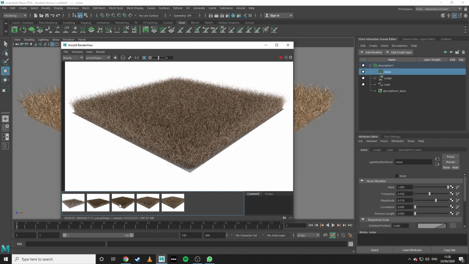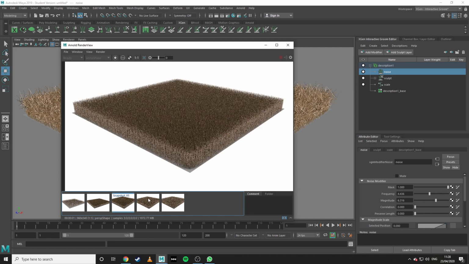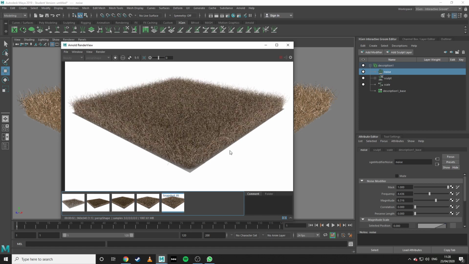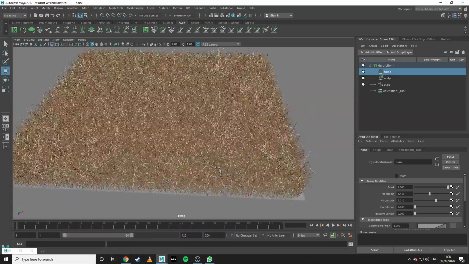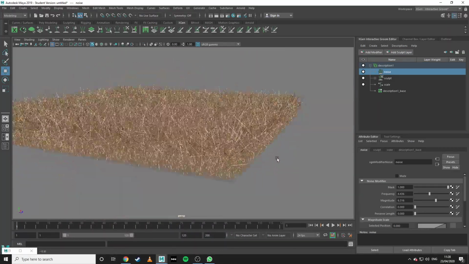I'll just take a snapshot so I can see the difference. You can see now, right? It gets different. Now you got the kind of